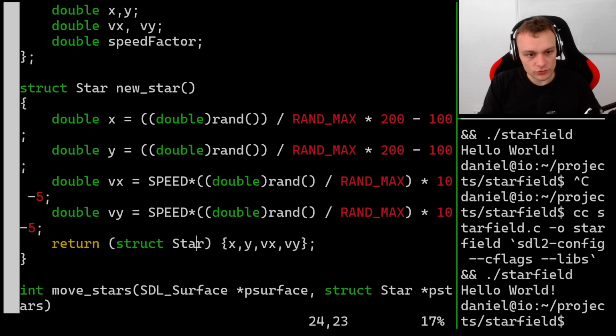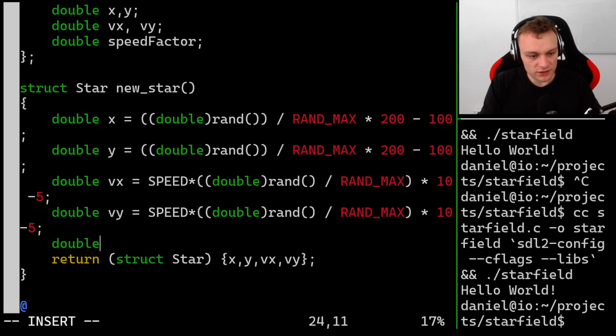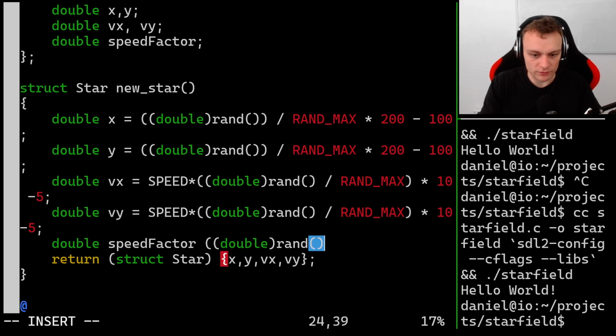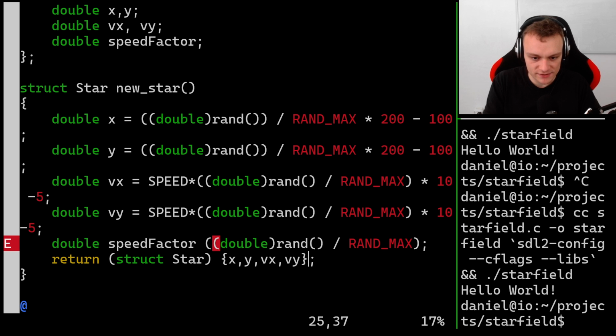So we can do, in the new star, generate a new speed factor that is a random number divided by rand max, multiplied by, let's say it is something from 0 to 1 is fine actually, so we can leave it as is, and then we can add that speed factor here,